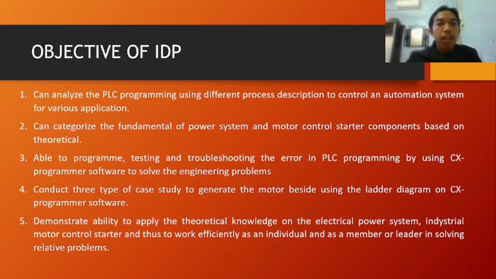2050. For the objectives of IDP, one, we can analyze PLC programming using different process descriptions to control and automation systems for various applications. Two, we can categorize the fundamentals of power systems and motor control starter components based on theory. Three, we are able to program, test, and troubleshoot errors in PLC programming by using CX-Programmer software to solve